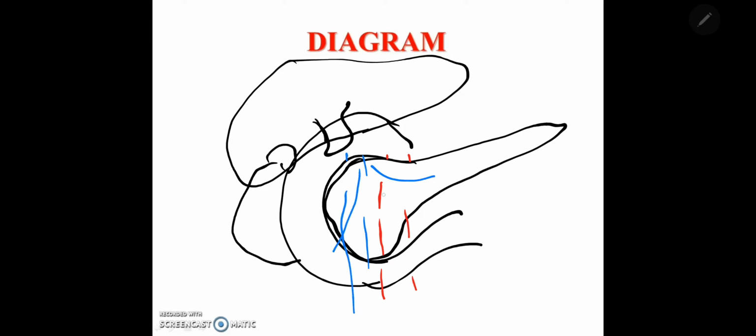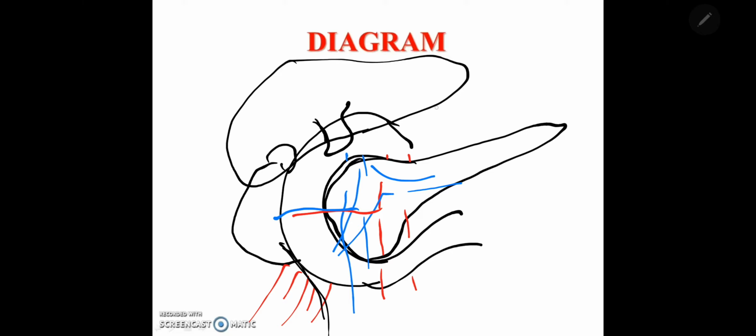Portal vein will be formed here behind the neck of the pancreas. So you will see a lot of structures, and you will see here the psoas major, the right ureter, and from these vessels you will see right renal vessel going to the right kidney and all behind that,